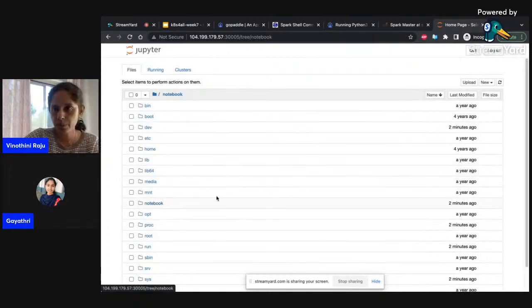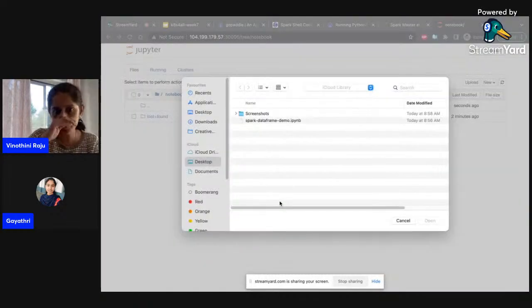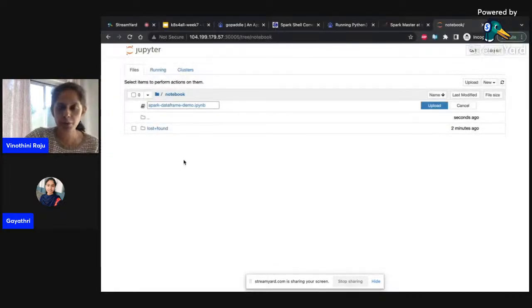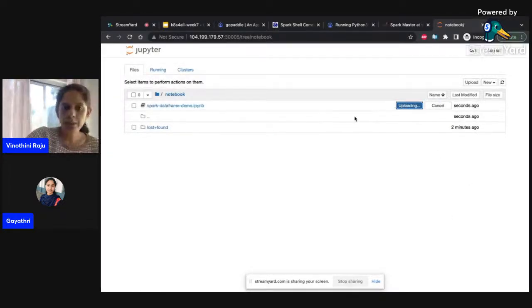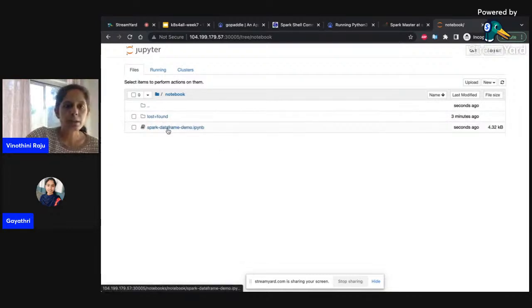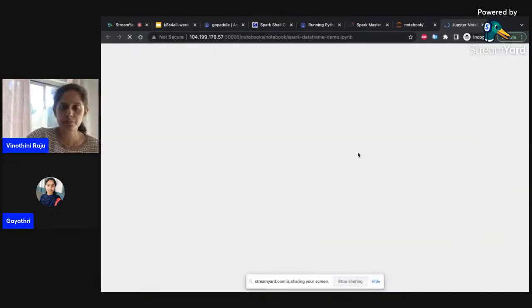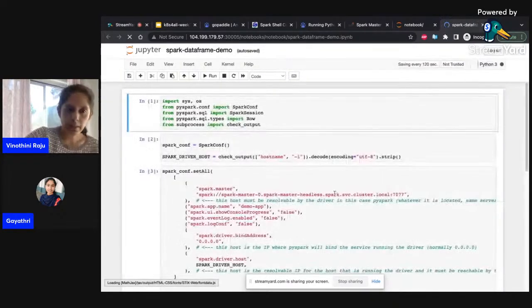I have a sample program which I'm going to upload and run. This is going to connect to the Spark cluster, and then it is going to execute a few tasks. So I'll upload this program. Let me show you what I have here. It creates a data frame. Let's load this. It connects to the remote Spark cluster